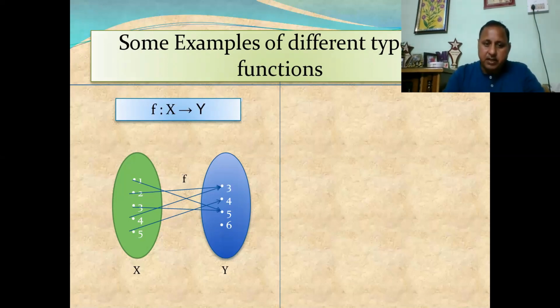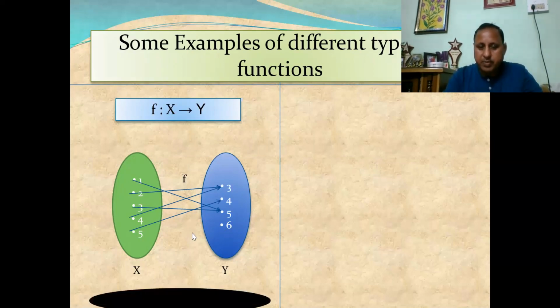Now, which type of function is this? Can you say this function is many-one, one-one, onto? Think. Here each has a unique image, but if you think of onto, this one is not onto because 6 has no pre-image. This one is a function, but can you say this function is one-one? No, because 1 and 3 have the same image. This can be called a many-one function.